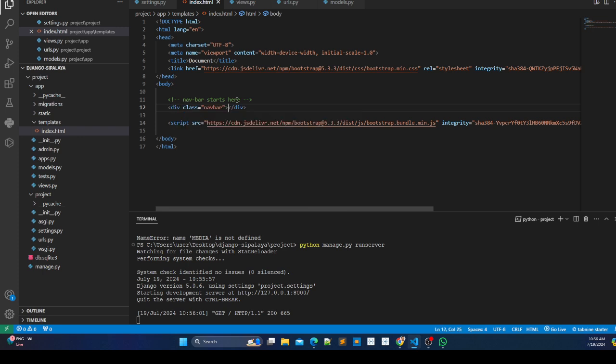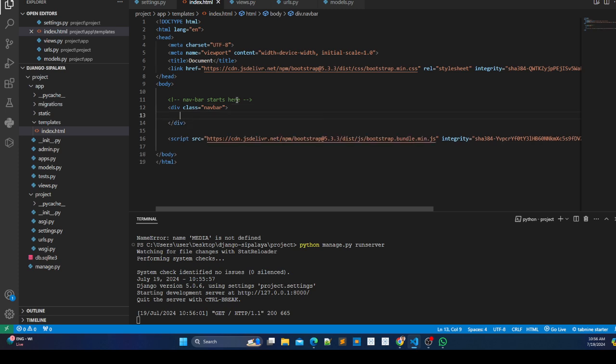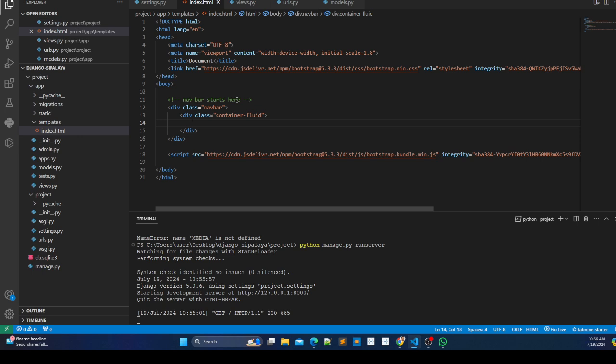If I hit enter, it will create a div of a navbar, and I want to again create a container fluid. After creating this container fluid,